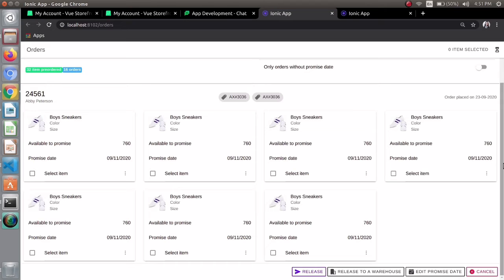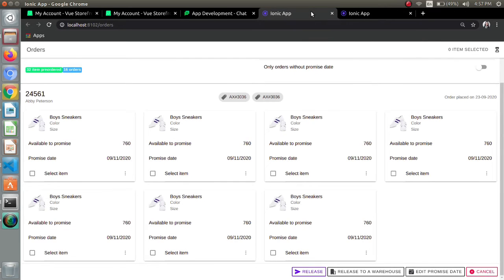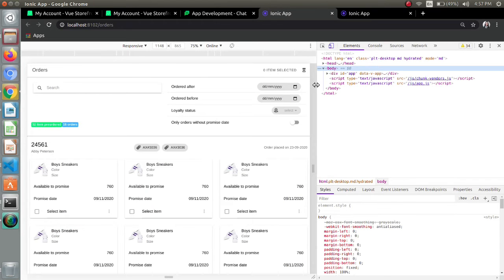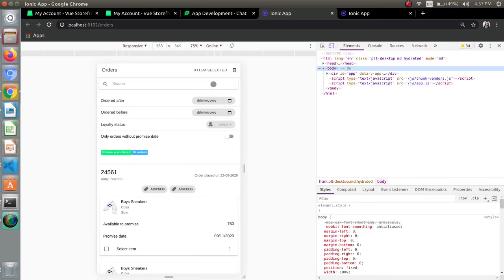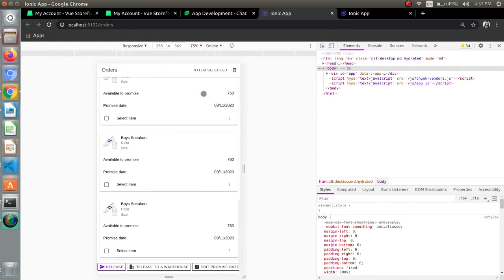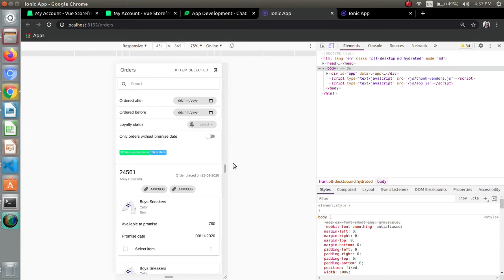For the mobile view I will be using media query, and let's just see how it works. So we want the output like this, and in the footer we want a scrollable button, the header part like this, and the order header part like this.